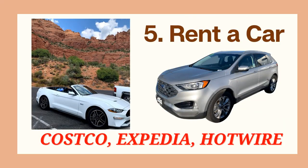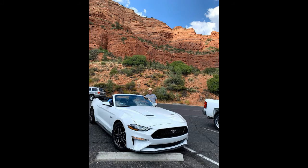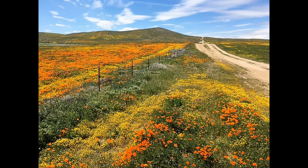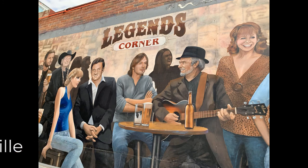And one of the last steps is to figure out if you need to rent a car. It depends where you're going. If you're doing a road trip out to different locations, you will need a car. Some areas like